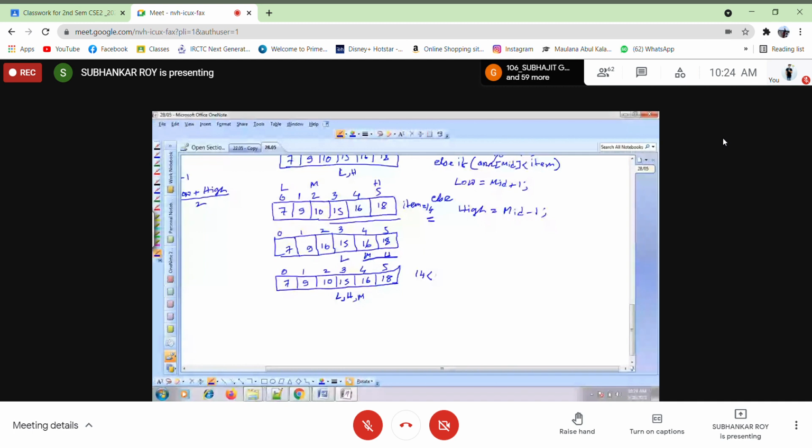Now which one to update? Are you getting my point? Here 14 was less than mid, that is 16. And here 14 was greater than mid, that is 10. Now which one to update? 14 less than mid, so H will be updated.